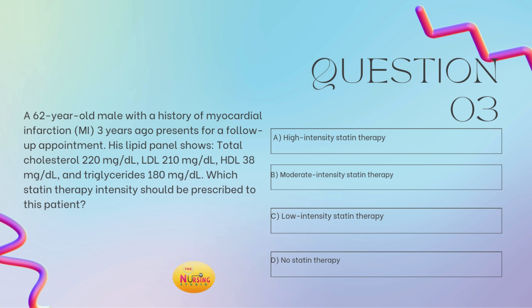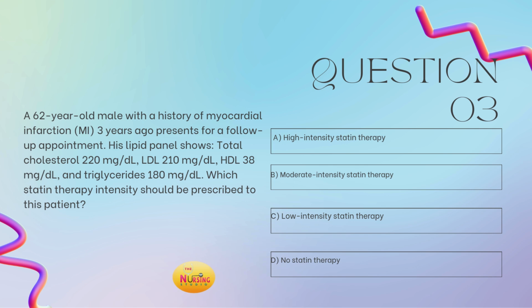Moderate intensity lowers the LDL anywhere from 30 to 49%. Then high intensity lowers the LDL greater than 50%. So it's just, the intensity provides a greater reduction in the LDL. So now you're probably thinking, all right, so how do I know which ones are low intensity, moderate intensity, and